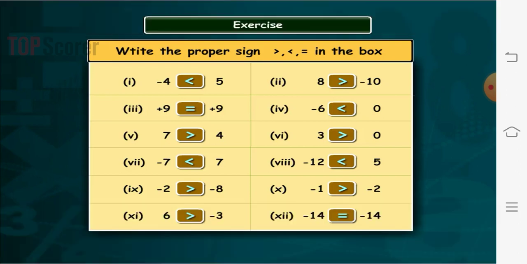So children, you have to solve this exercise in your notebook along with the examples and definitions which we have discussed in opposite of integers as well as in this. You have to draw that number line, and only a little bit part is remaining, that is subtraction of integers, that we will cover in the next part. Thank you.